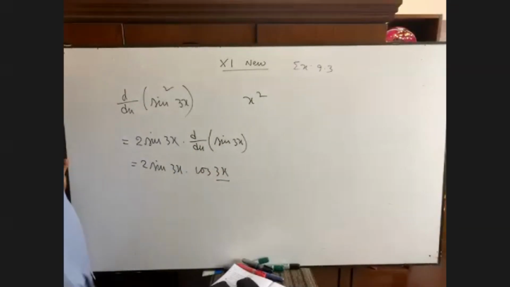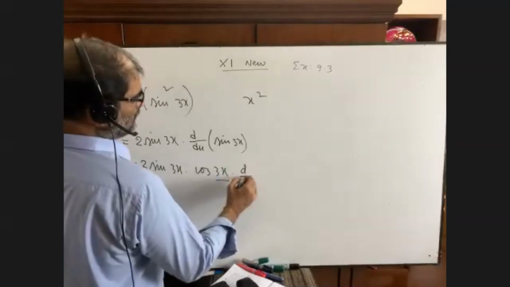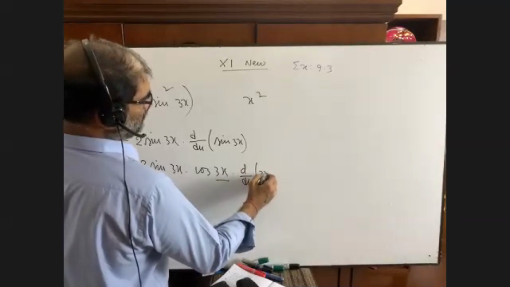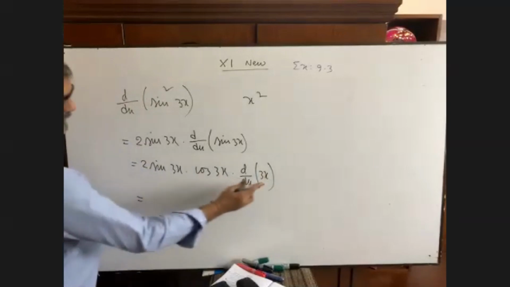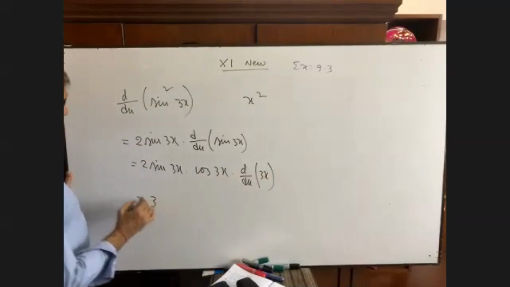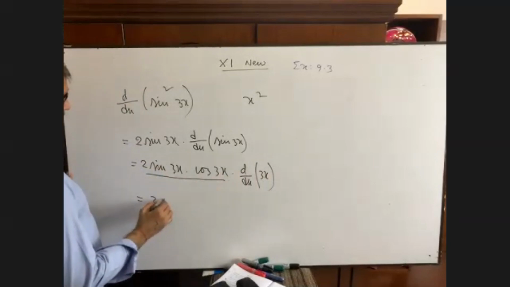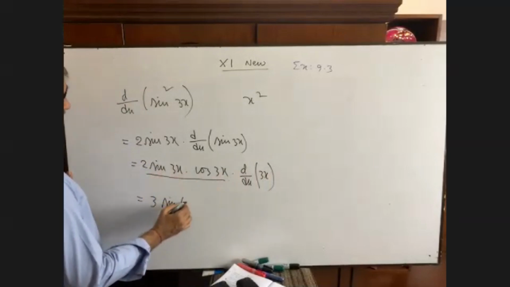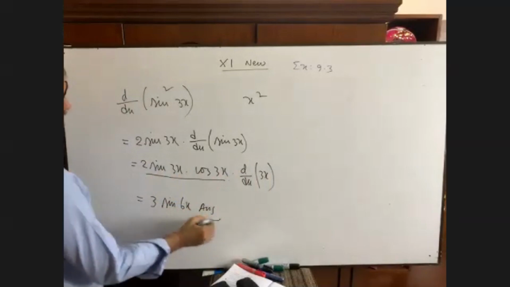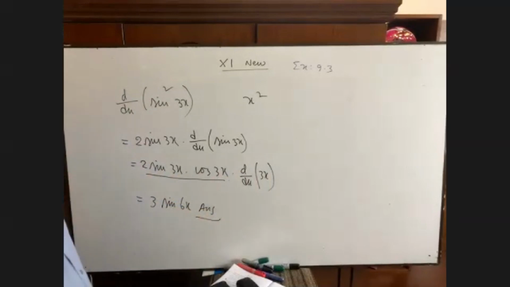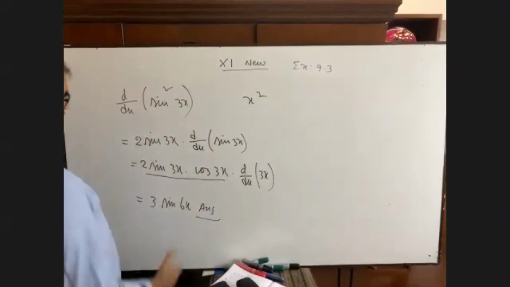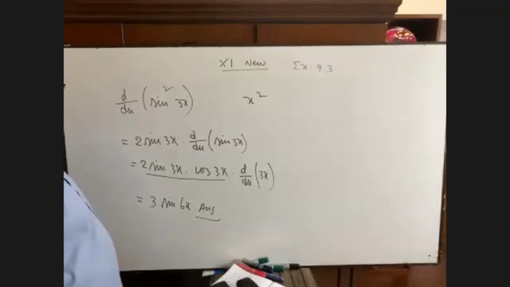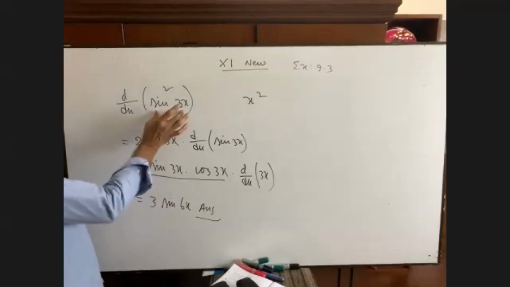But it is not only x. So it will be differentiated again. D by dx of 3x. So 3x is what? X is 1, so we'll get 3 here. And it is the formula of sin 2x. Sin 2x means 2 into 3x. That is sin 6x. Math is done. I'll be highly pleased if you can do this math. Actually, it is very easy and simple math, but it is given in the exam of 2 marks, even in the MCQ. What is the differentiation of this?